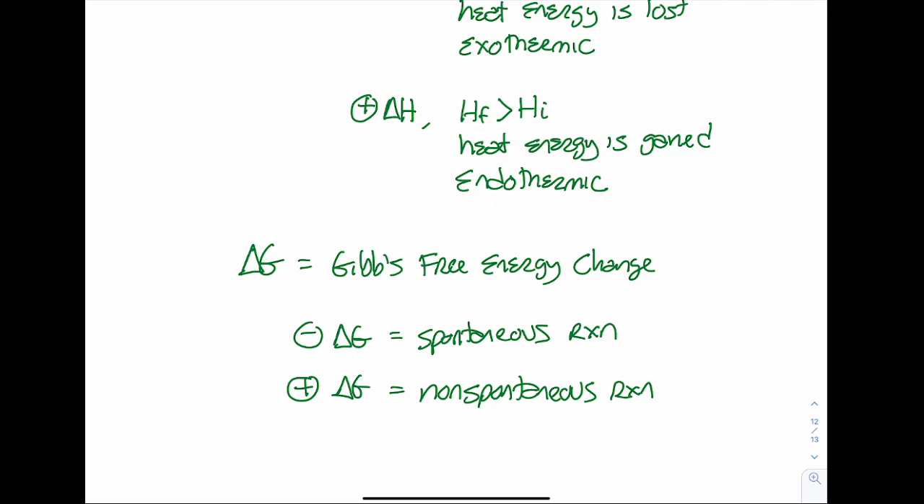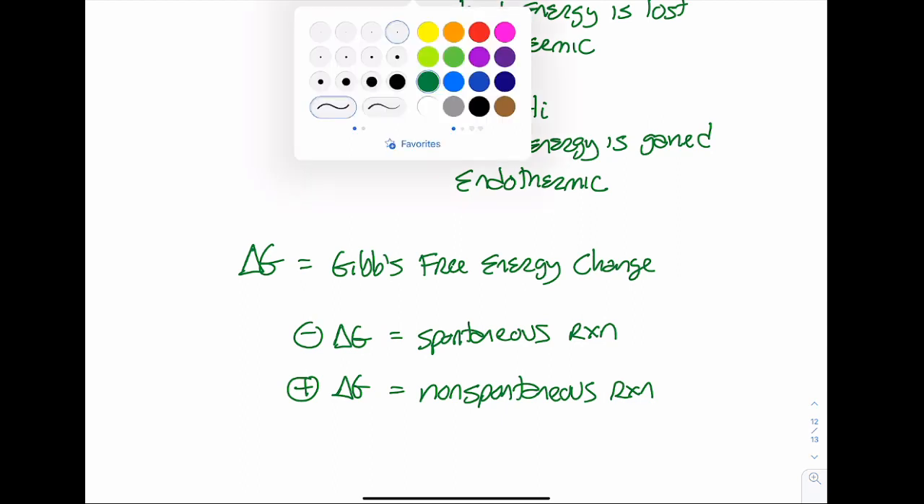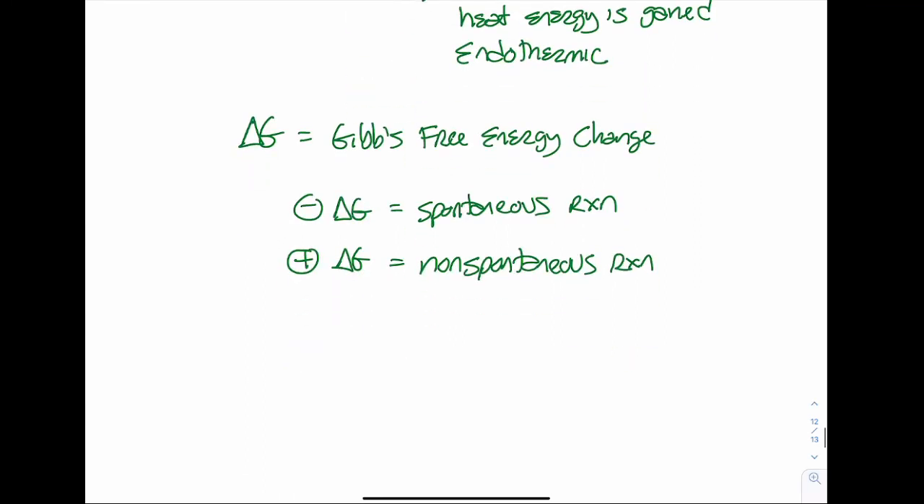It doesn't mean it's fast, right? Don't get spontaneous and instantaneous mixed up. It could take a million years and still be spontaneous. It only means that if I leave it alone, it's going to happen, right? It's going to occur on its own without an external influence. Things want to be more stable, so because my products are lower in energy than my reactants, I will spontaneously go in that direction. So just kind of our little reminder, spontaneous reactions,